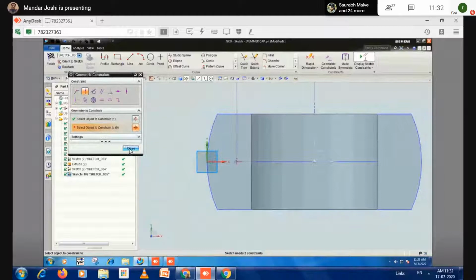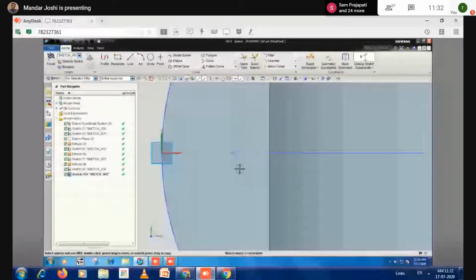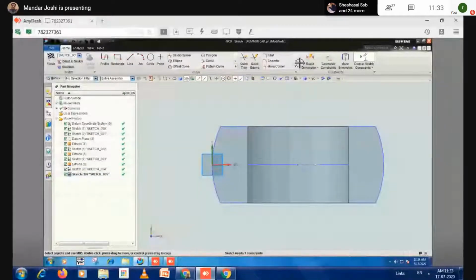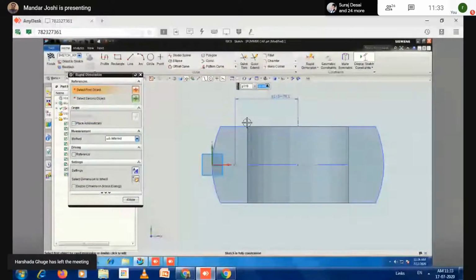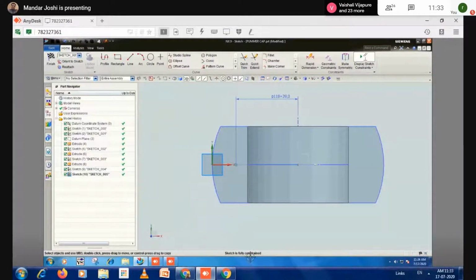Next step, dimension is created. That is an unnecessary point, one more is created here. I just delete that. So here, the distance between this point and this line is half of 78. Now the status shows fully constrained.